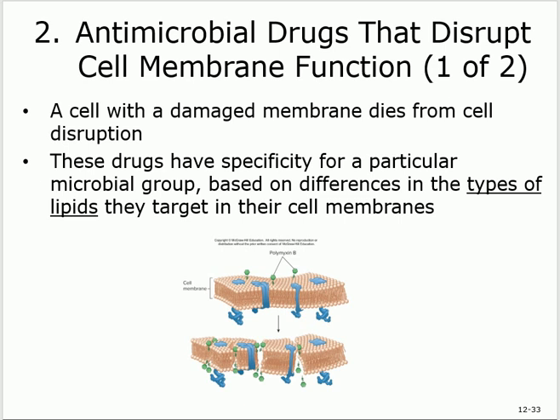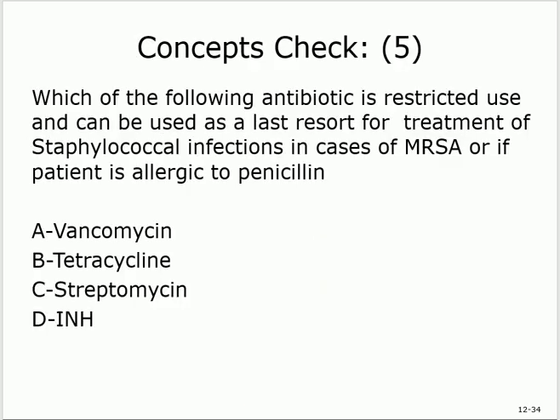The ones that work on the membrane, how do they work? Two different ways. Here is what most of the time happens. Do you remember this? The cell membrane is two layers of phospholipid. Right? If you take out some of these lipids, you're going to break down the membrane, and the cell will die, simply. This is one way. The other way is to change the function instead of changing the structure. How to change the function? Selective permeability. You stop the selective permeability. This is how to work on the membrane.